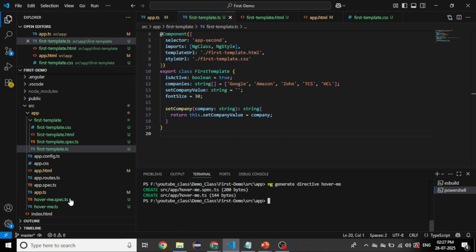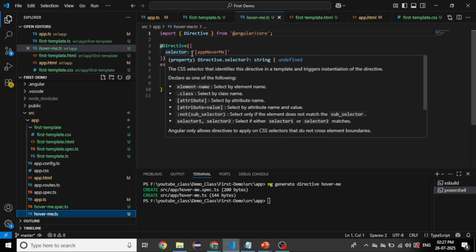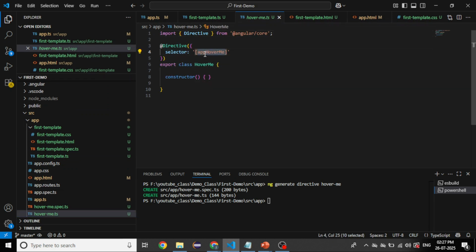So this is created. If we go inside, as I said earlier, at the rate of directive, we have a selector. Here this is the selector. We need to place it on whichever component requires this customized directive. And first we need to inject